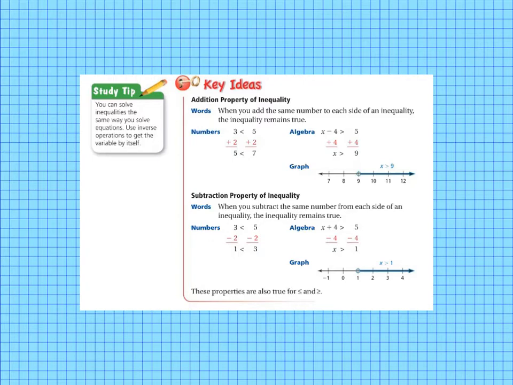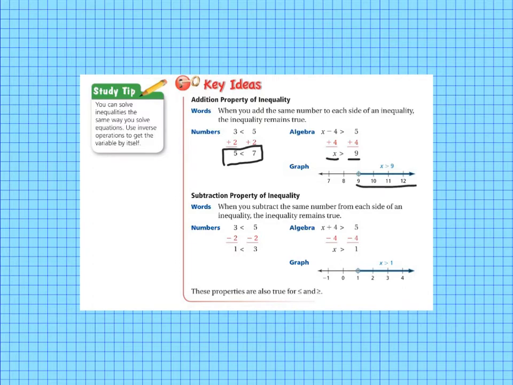And we add 5 plus 2, and that equals 7. So 5 is also less than 7. In algebra, it looks like this, x minus 4. So we might want to add a 4 to both sides because we want that x by itself. So we would add 4 to both sides, and we would have minus 4 plus 4 equals 0. So that would leave an x on the left, and 5 plus 4 equals 9. So our solution to that would be x is greater than 9, and we can graph it,